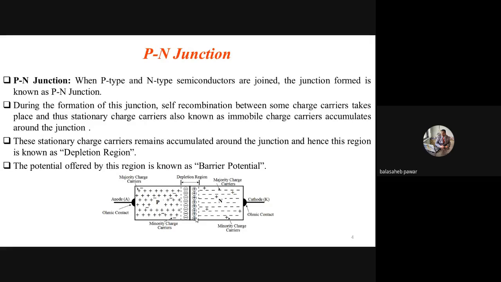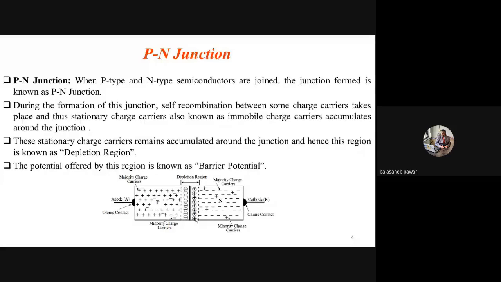The strength of this wall, in terms of electronics, is measured in volts. The strength of this wall is either 0.7 volt or 0.3 volts. Remember this. That depends on which type of material is used to form the P as well as N type semiconductor. We already discussed two examples: silicon and germanium.